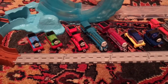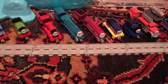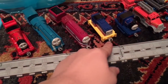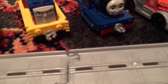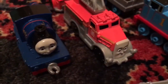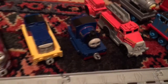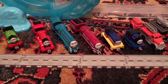Honestly, I do believe we just need time, because these engines, as they are now, are pretty much the exact same thing as the engines we were getting from the exact same range that came before it. The only difference, for most of them, is that we're getting new couplings, and the domes have changed in size. And some of them, like Timothy, have some differences, as his buffer beam is now blue instead of red. And Flynn is just a lot of gray. And I haven't seen a new Take and Play Flynn with the big magnets, so I don't know how he was before this. But overall, from all the other engines, the only main difference is the couplings itself, and